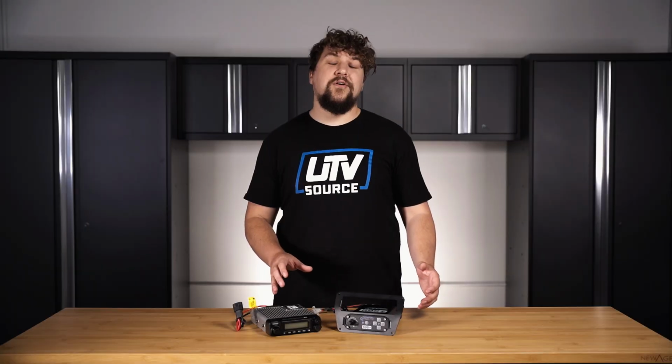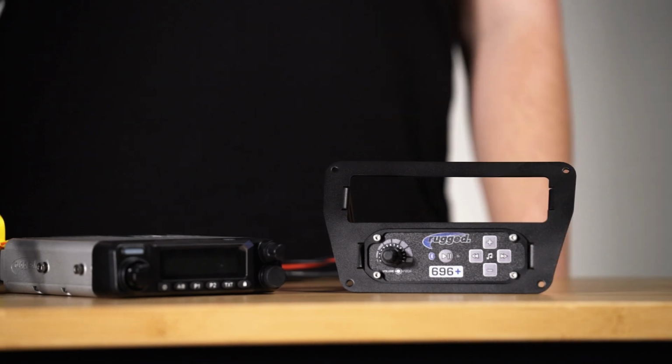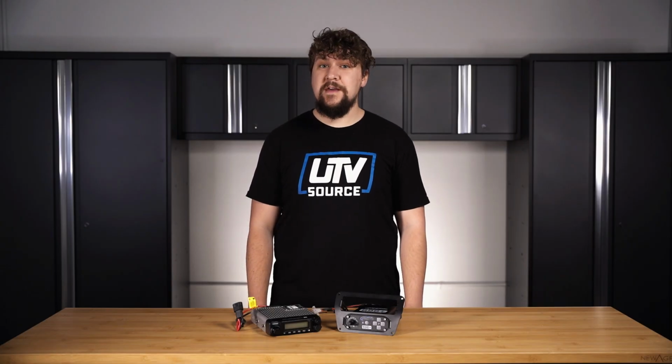To bring this whole kit together, Rugged Radios provides you with a mounting bracket for both the intercom and radio system. You can get your Rugged Radios Complete Communication Kit for your make and model at